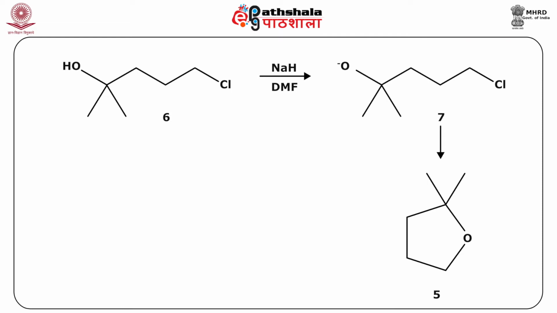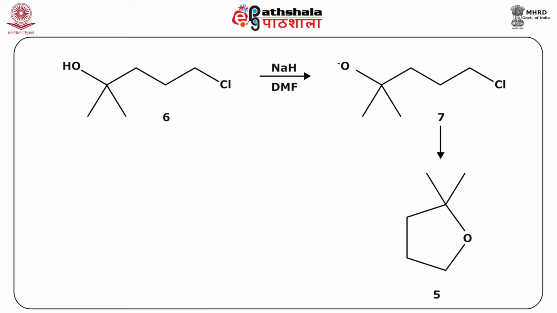In the subsequent step, the oxygen containing the negative charge attacks the carbon of the carbon chlorine bond, which acquires a partial positive charge, leading to the cyclization of the compound 7 and elimination of metal halide leading to the formation of the desired